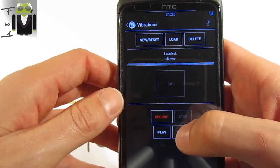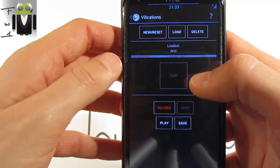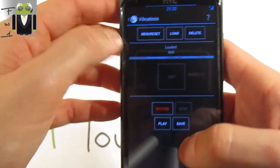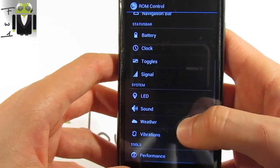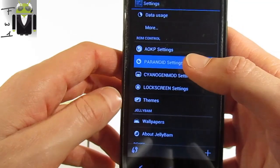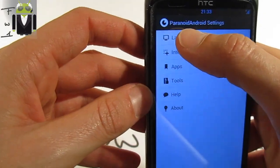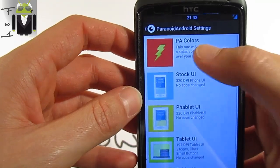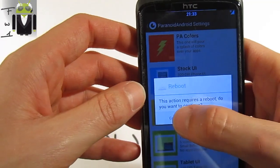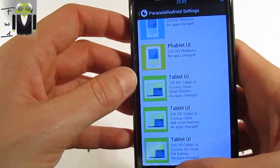As you can see, you can save it, for example, test, as you prefer, and you can then use it for the different system informations. Then there is the Paranoid settings. There are different things, as on launch you can switch the Paranoid Android colors. It needs a reboot. The stock user interface, you can switch as you prefer and select the tablet user